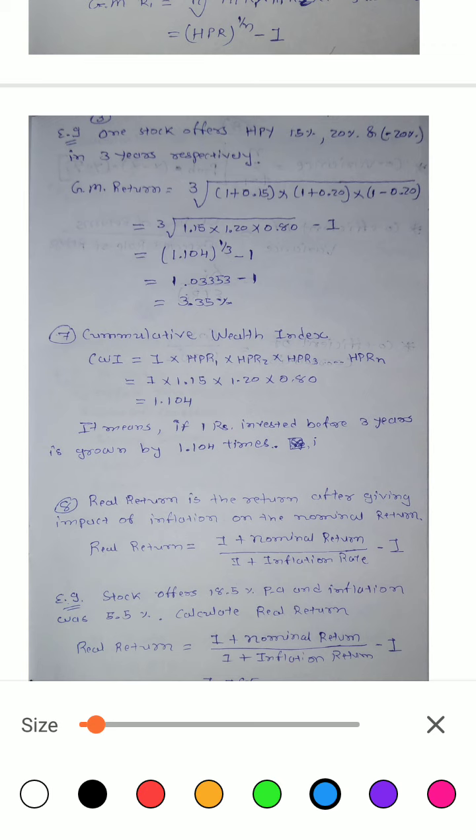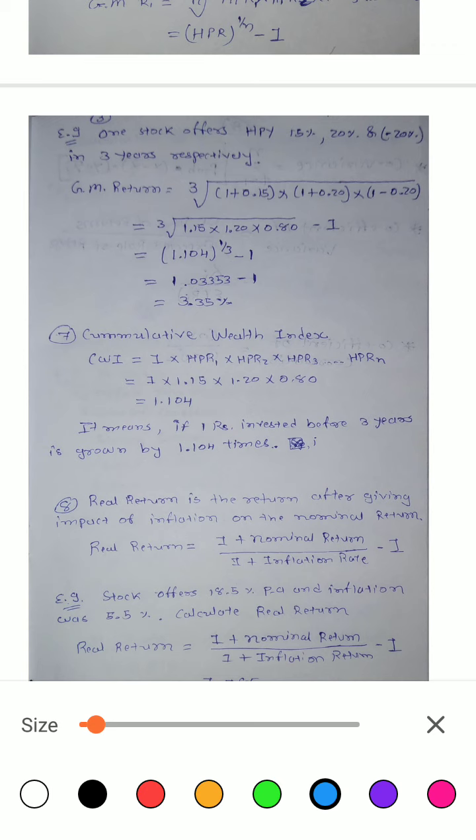Suppose you invest 1 lakh rupees. This word, cumulative wealth index, CWI, is generally used in mutual funds. When you are investing and you have a CWI of any particular stock, suppose CWI is 5, it means 1 rupee invested in this stock is now worth 5 rupees. So if I invest 1 lakh rupees, and based on previous CWI it performs, then in 5 years the 1 lakh will be converted into 5 lakh. That is the interpretation of cumulative wealth index. It is generally used in mutual fund analysis reports and fact sheets also.